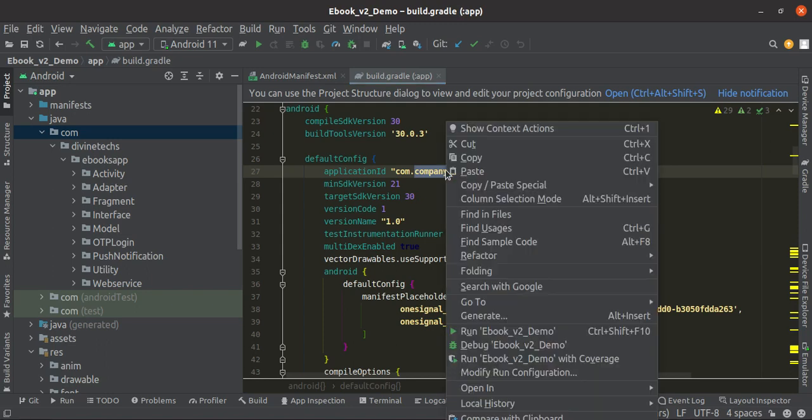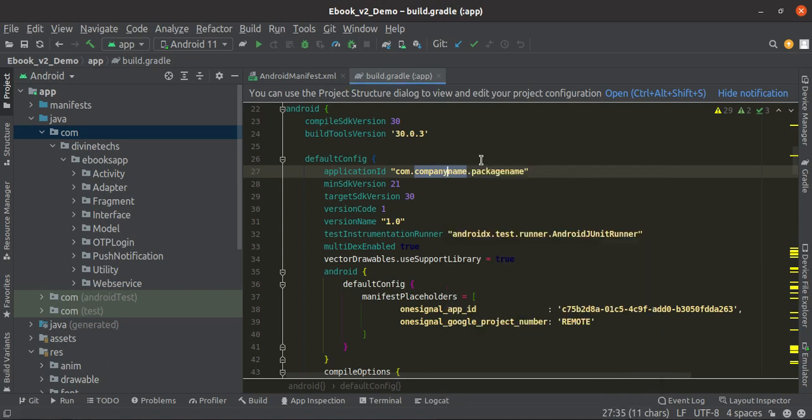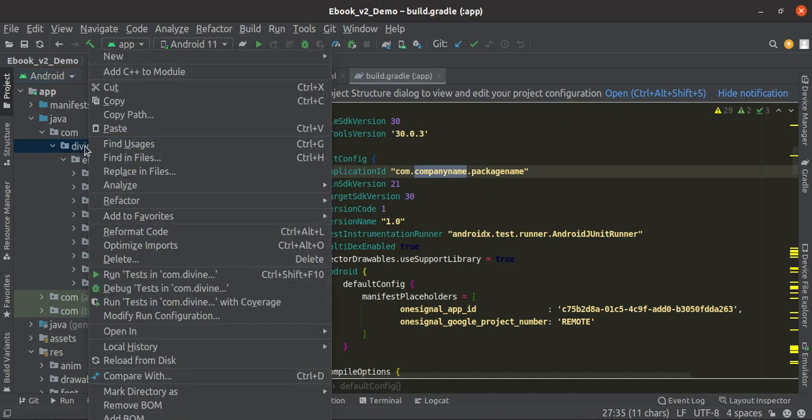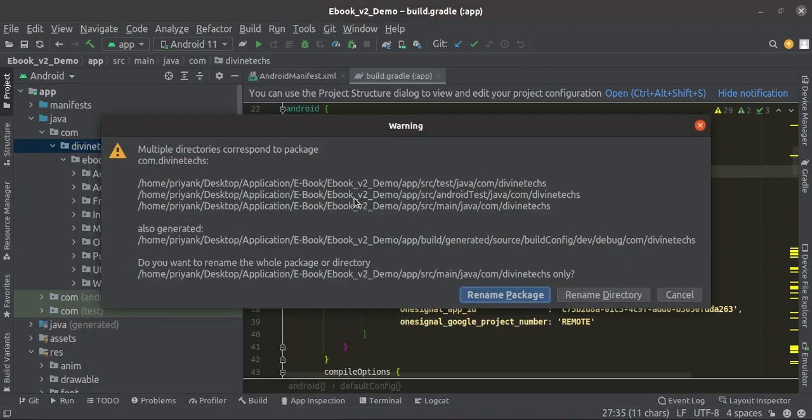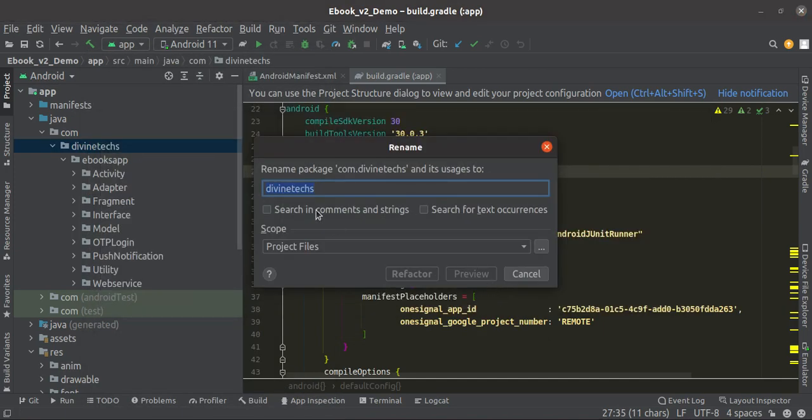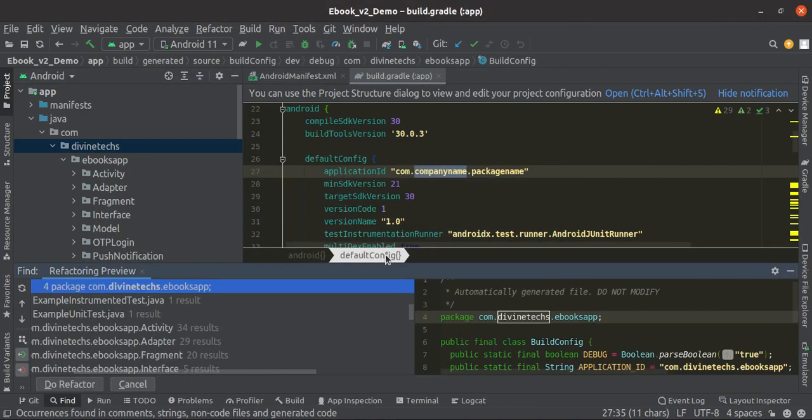Now we are changing as we read: com dot company name dot package name. Let's first copy this, and Divantex will be replaced by our company name. Just right click on the Divantex directory, refactor, rename package, paste here and just refactor it.